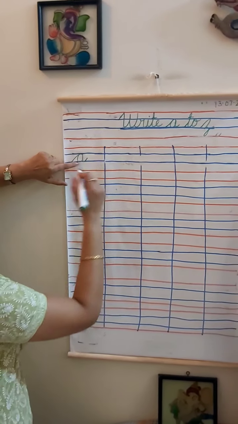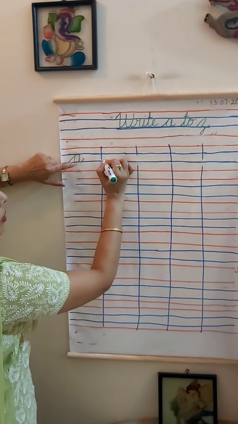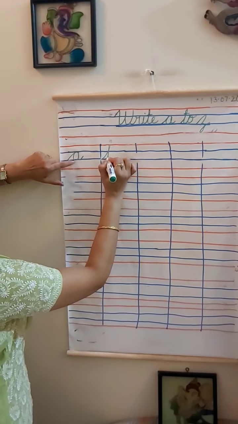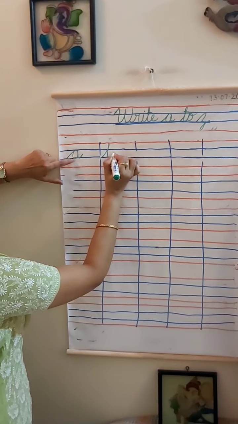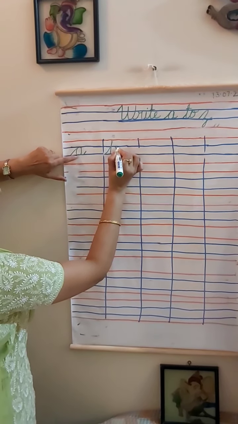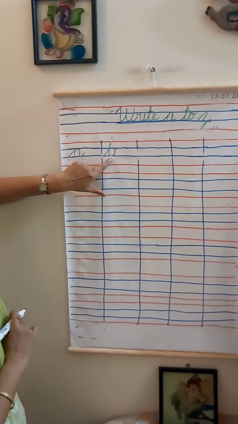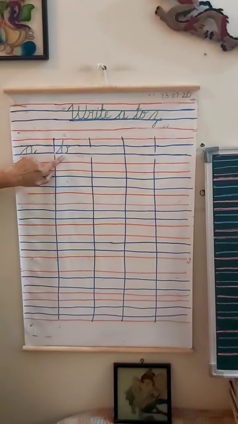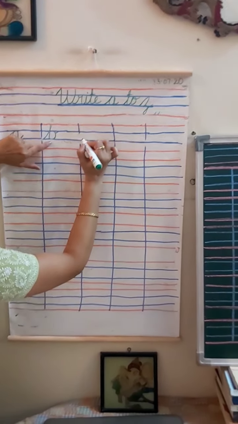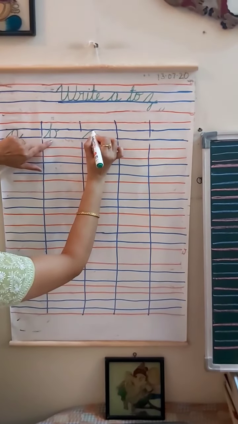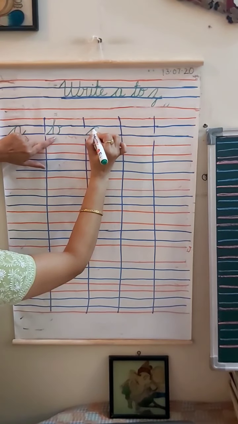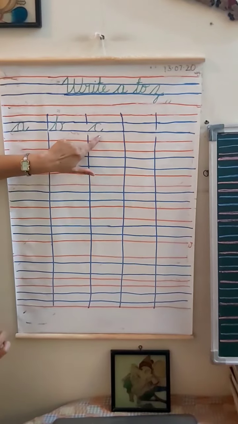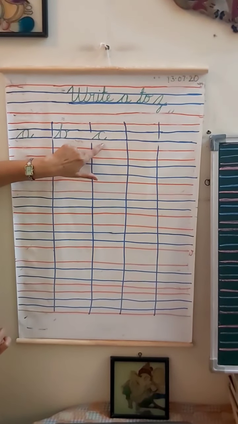After A comes B. Starting from the corner, slant up, a turn, down, a turn like a print letter and a small tick. This is the formation of B. Now what comes after B? After B comes C. Starting from the corner, a little ahead, with the same line come back, touch the blue line and go up. This is the formation of C.